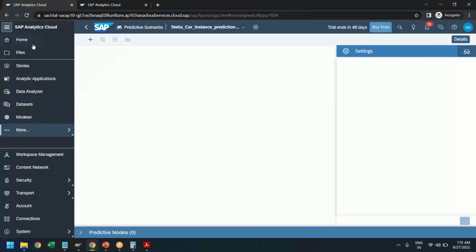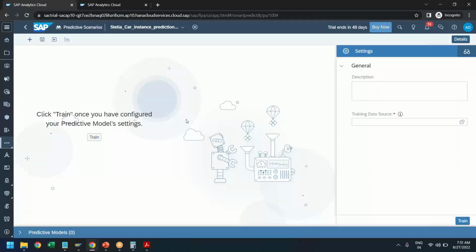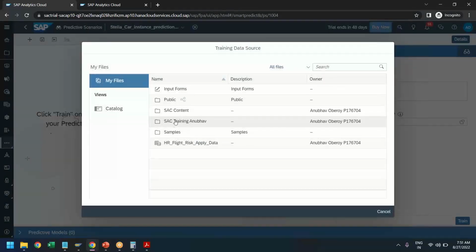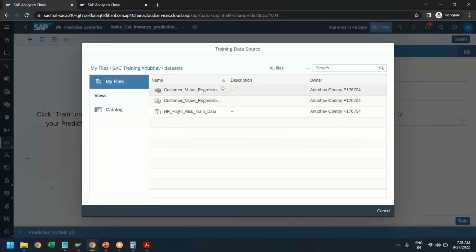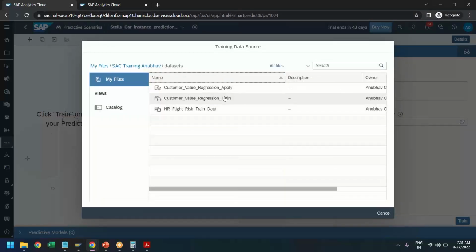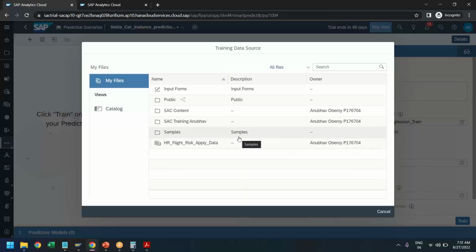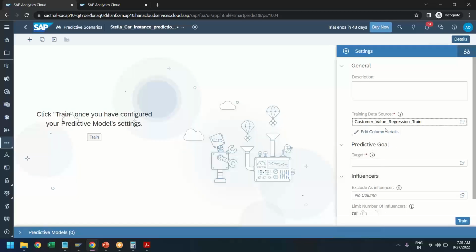It starts the very same screen. So process wise same, only the input and output are different. So first we choose our data set. I will go to folder, datasets, and we will use regression train dataset. Just selected the dataset. You see it has come. I say claim, predict the claim amount for the